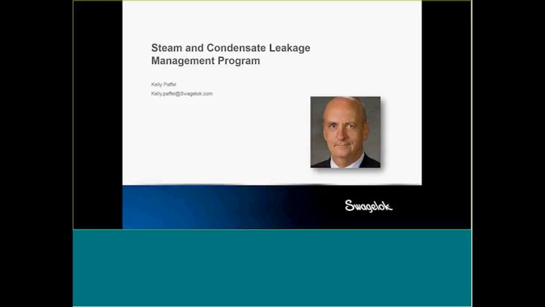The thing about what we call a management program: you go out and you find a leak and make a correction. That's only one part of the step. The next part is analyzing what caused the failure, which is basically root cause analysis, and determining what changes need to occur in the system to prevent leakage.